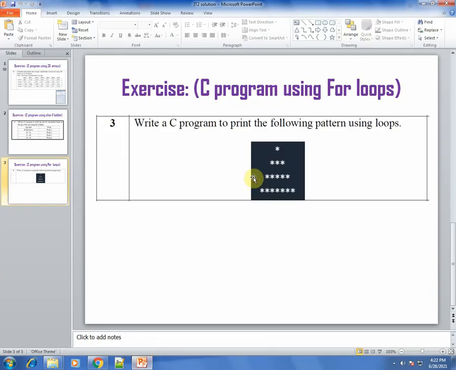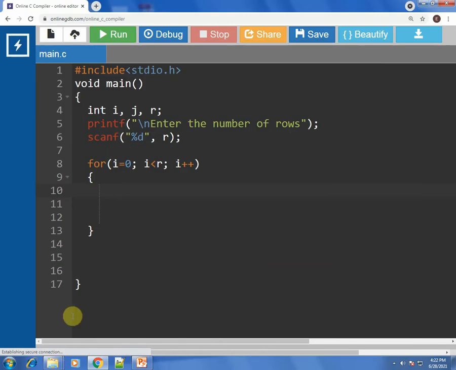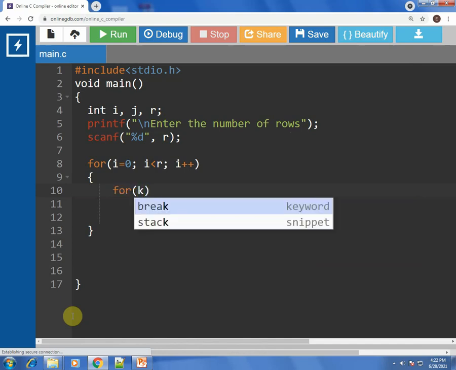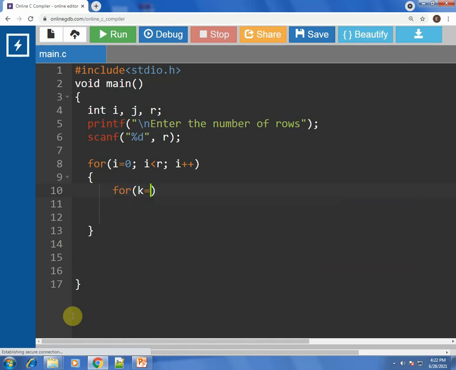As you see over here, there are spaces which have to be printed before printing the asterisk sign. So how many spaces? Basically 1, 2, 3 spaces. After that follows the asterisk sign. Because of which we have to write another for loop within the outer for loop to only print spaces. Let's use the variable k for that.